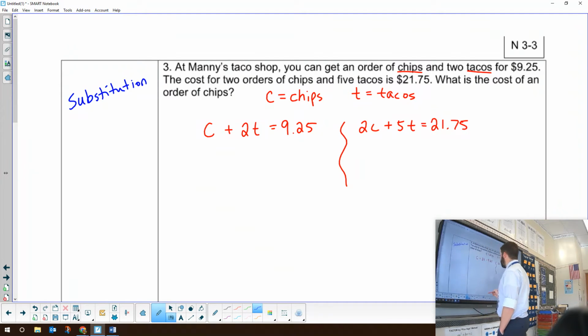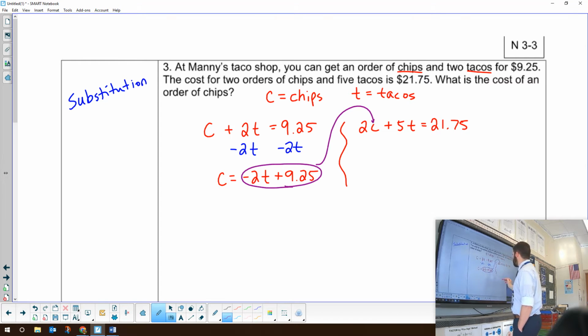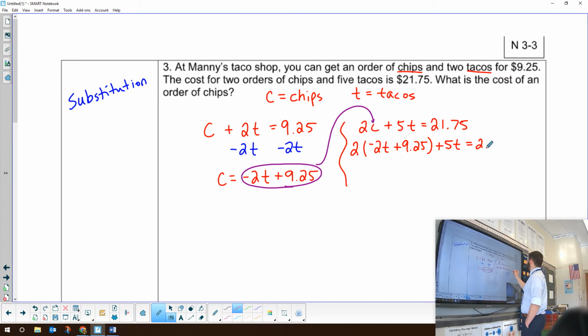Okay, so to use substitution, we have to isolate one of my variables. So I'm going to isolate this C, and we're going to get C equals negative 2t plus $9.25. That's always our first step in substitution. If there wasn't an easy thing to solve for, I would definitely do elimination. But we're able to solve for that C very easily. So now I can take that value for C and plug it in for C over here. And I can get 2 times negative 2t plus $9.25 plus 5t equals